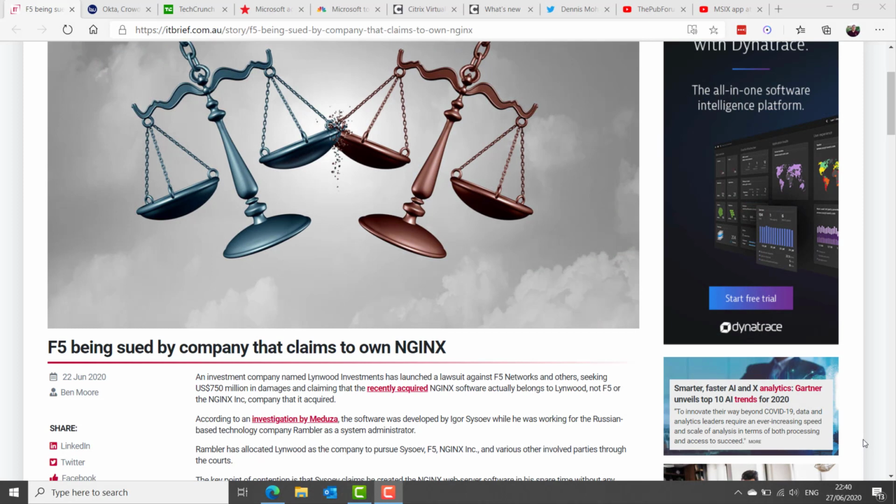I noticed a story about a very interesting lawsuit that just came to light. itbrief.com.au has reported that F5 are now being sued by a firm called Linwood on behalf of another company called Rambler. As you may know, particularly if you listen to the podcast, F5 acquired Nginx.